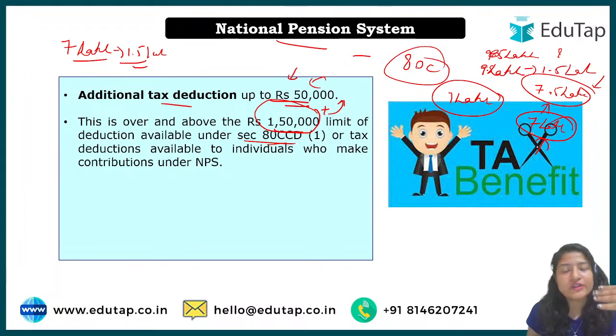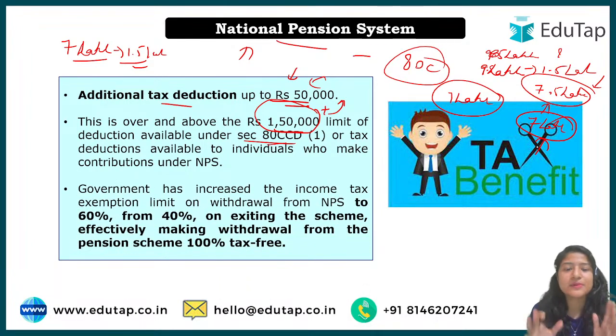Or if it was more, if you are at 12 lakh or 13 lakhs, of course the overall deduction of 2 lakh will be done, so of course you would have to pay lesser tax than you would have to pay if you were not under NPS. So what do we get from it? Basically, it means that you will get an additional tax deduction of 50,000. I hope that is pretty much clear.